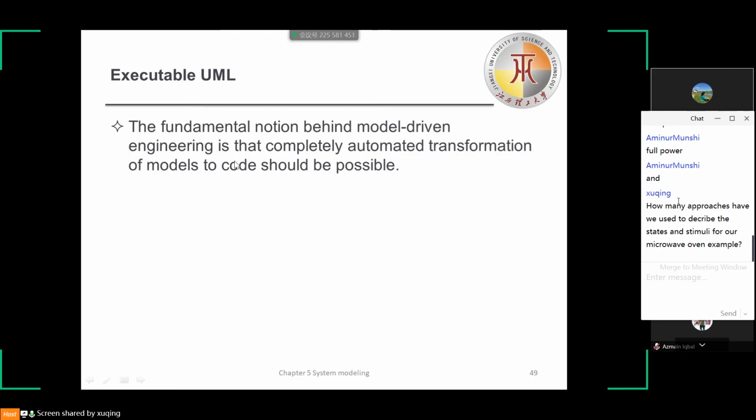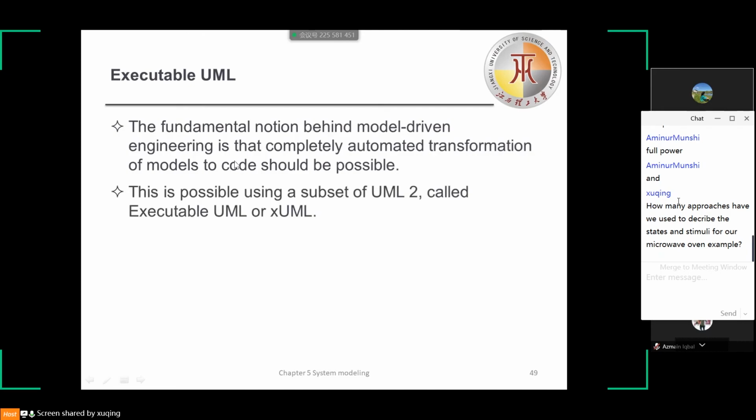We need a way of adding information to graphical models about the way in which the operations defined in the model are implemented. This is possible using a subset of UML2 called executable UML or XUML. Here, we'll simply present a short overview of the main features